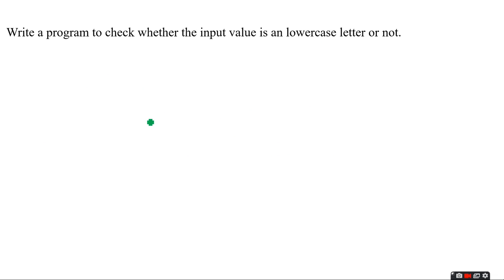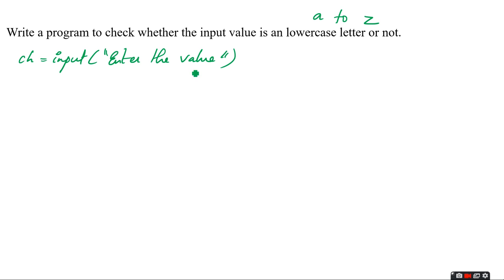Next question. Write a program to check whether the input value is a lowercase letter or not. We know that lowercase letters mean small letter a to z. So we can take a variable CH. First we have to input the value for CH. CH input, enter the value. After that we have to check whether CH is between a and z. So CH should be greater than or equal to small letter a and CH should be less than or equal